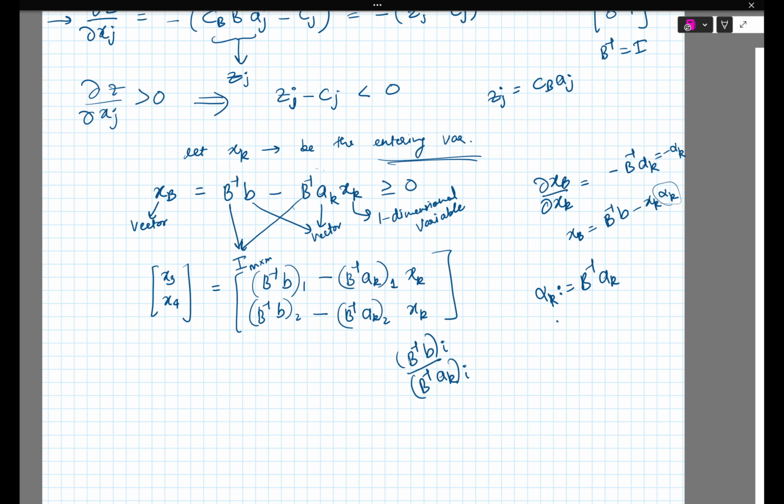Okay, so alpha i k is equal to B inverse A k's ith entry. And because B inverse is basically identity only, so what you'll have is b i upon